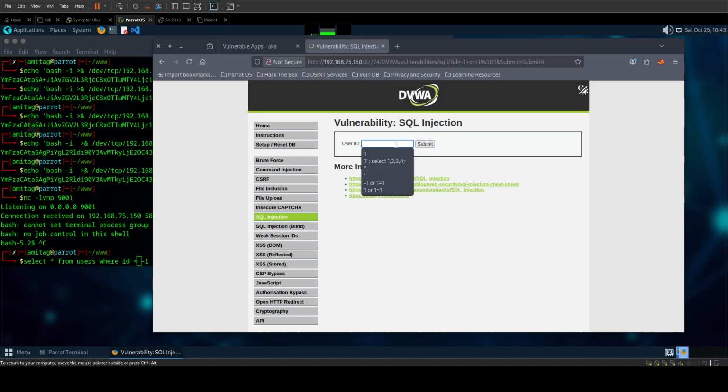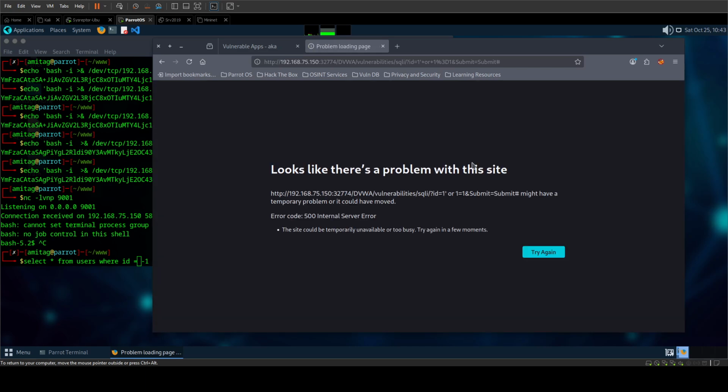Let's try to comment out the rest of the thing. After this, if there is something, let's comment it out by giving double dashes and then a single hash and a space. Nothing. Let's try 1 dash or 1 equals 1. There is some error,